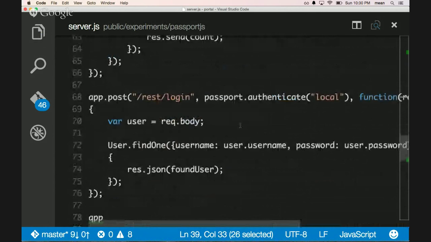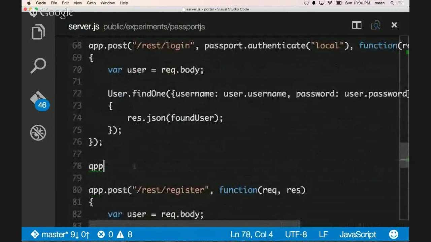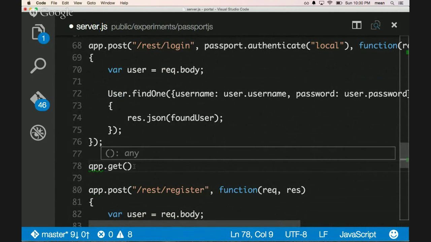So, for instance, we could create here another, like a get, that we can use real quick to see if the person is logged in. We'll say rest logged in. Is the user logged in? Just to query it. And what we could do here is that